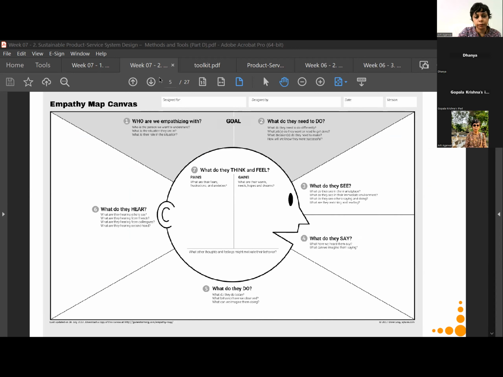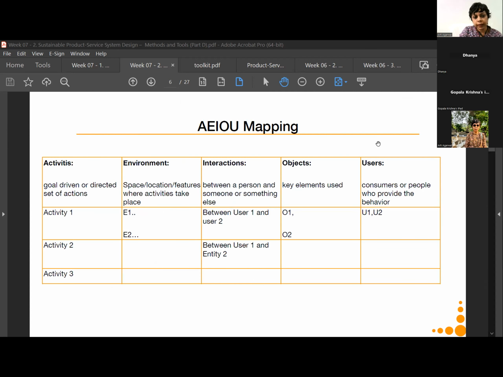First we try to empathize with them, meaning we try to understand what their lives are really like beyond just the action of weaving, for example, even if they are weavers. So we first try to understand all of this. Then we come to AEIOU mapping. So there is a sequence to it, right? So in this,